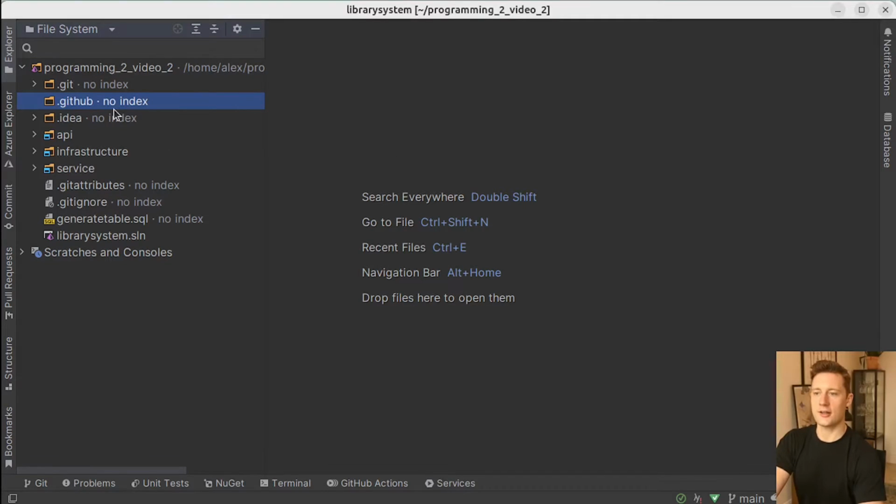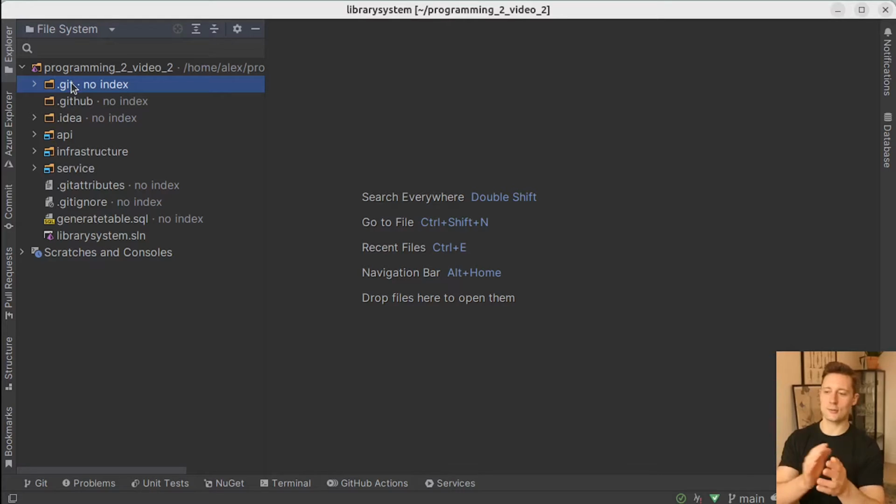Don't forget the dot. And keep in mind, this is completely different from the .git folder. The .git folder has all of the data about our version control, for all your Git commits and so on. And of course, Git is separate from GitHub. GitHub is just a hosting service for version control. And nowadays, they do a lot of other things, since Microsoft started acquiring them, they've been doing a bunch of other things. But